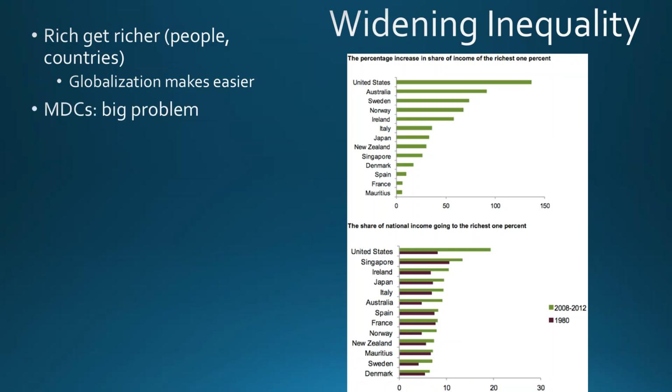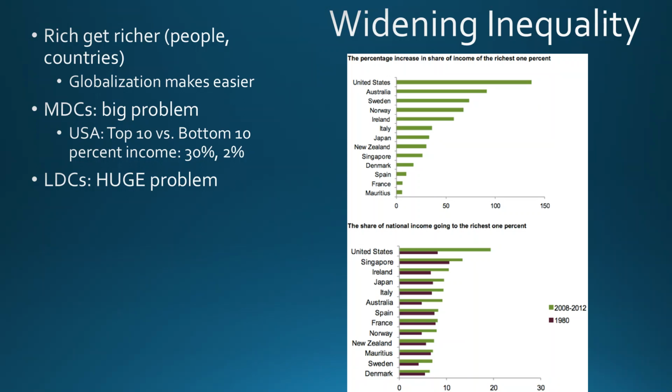In more developed countries, inequality is a big problem. So in the US, the top 10% has 30% of the income, and the bottom 10% has 2% of the income, right? So huge difference. I'm going to have you watch a clip about inequality in the United States, which is quite staggering, how much the wealth is distributed in the United States. In less developed countries, it's an even bigger problem. In places like Brazil,